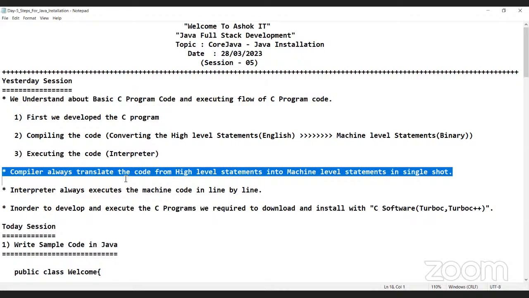Apart from this translation, what else does the compiler do? Can you please confirm? Syntactical checking, right? It checks for syntactical errors and grammatical errors in your source code. If you have any syntactical or grammatical errors, we first need to fix them. Only then will the compiler translate our source code into the machine code. Understood? Along with the syntactical and grammatical checking and the translation,